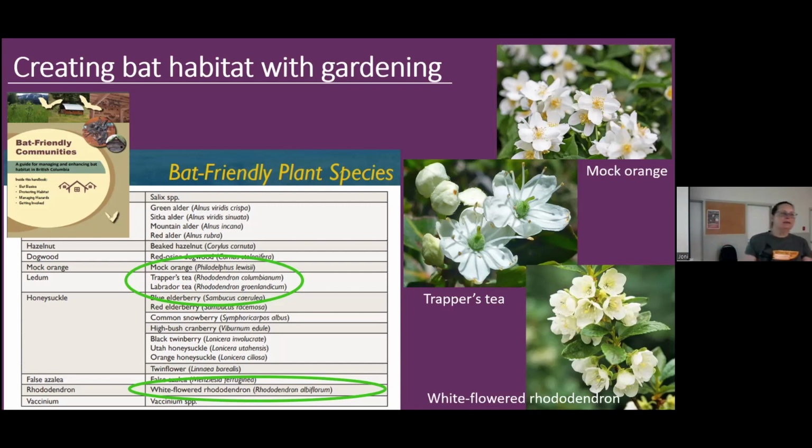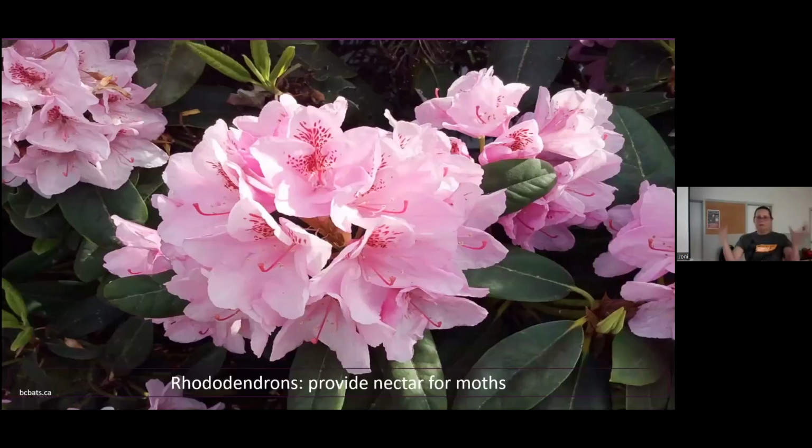This just shows some of the native plants that you can put in your garden, like mock orange, trapper's tea, or the white flowered rhododendron. For those who love the big, beautiful rhododendrons, that's a non-native plant, but it's non-invasive, so it's a really good plant to put in your garden as well. It's really important food for moths, and so it will help bring bats into your garden. We try to plant native species, but there are many non-native, non-invasive species that are also very